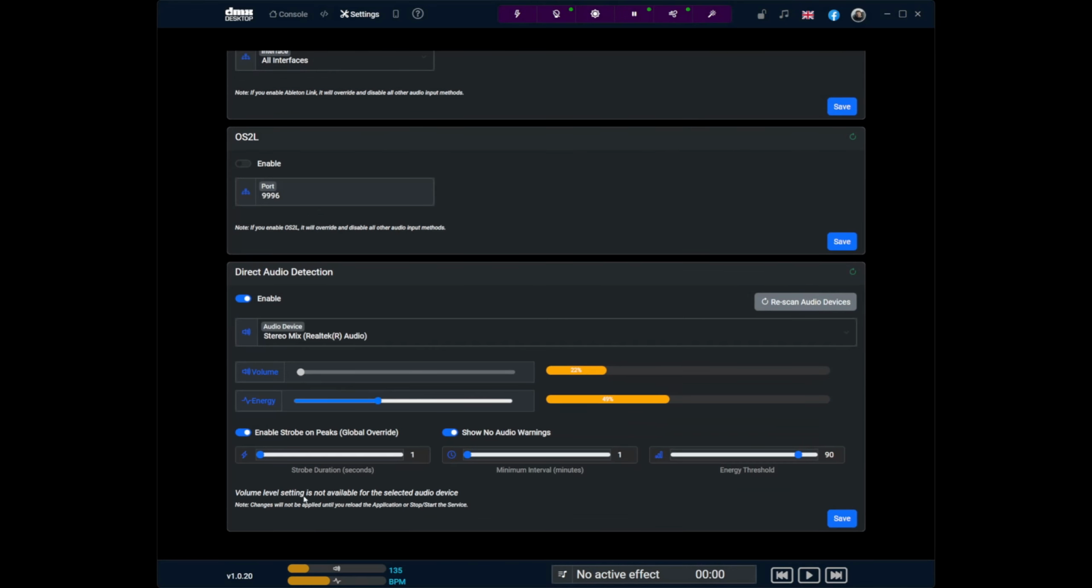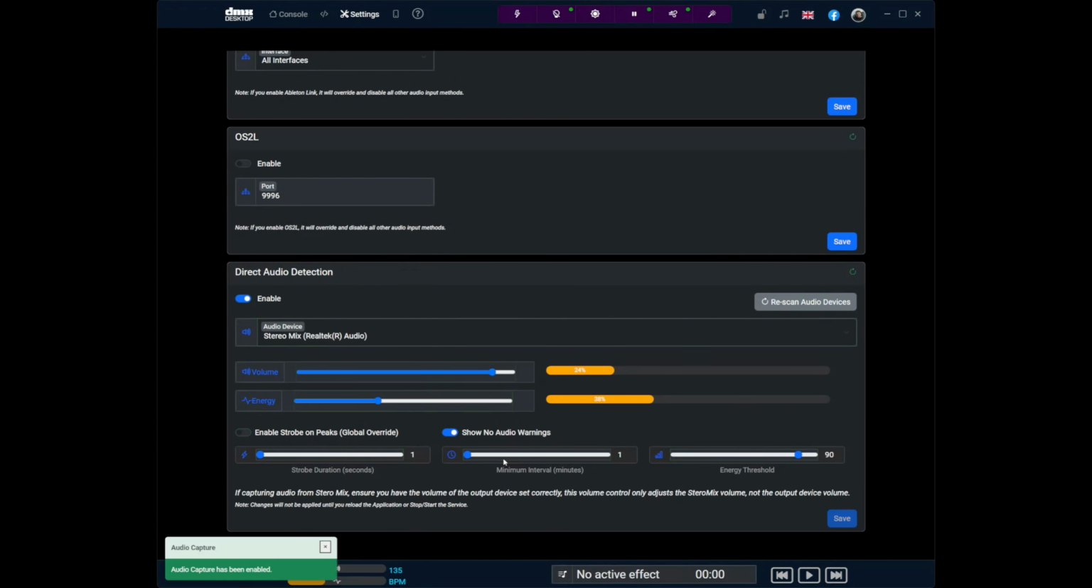But the setting in the audio is the global setting, so if you turn that off, it doesn't matter whether it's on in any of the cues. It's not going to happen. You're not going to get strobing where you don't expect it. So that's your main audio input options. On a Mac,